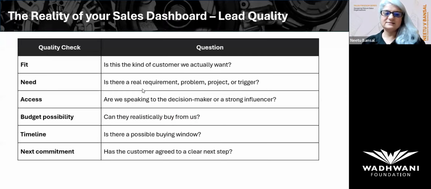So how do you do this? Here are some examples. Remember we said some of them are your ideal type of customers, right? So this is one of the fits that I also like. For me, SME business owners are my ideal customers. While I am invited by IIMs and IITs to do workshops for them, they are not my ideal customer. I like to work with SME business owners because I understand SME. I've been an SME business owner my whole time myself.